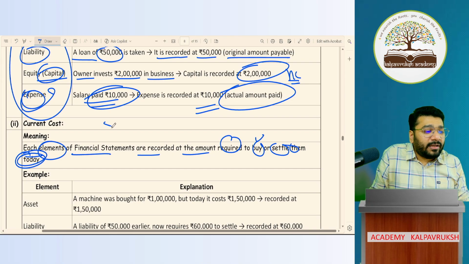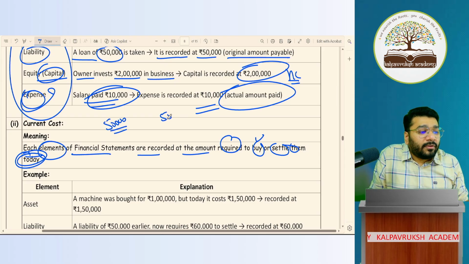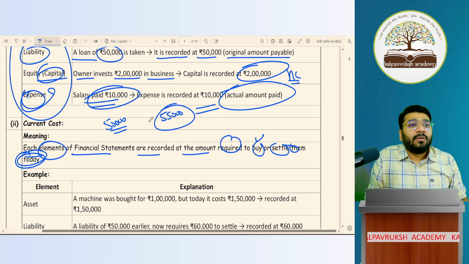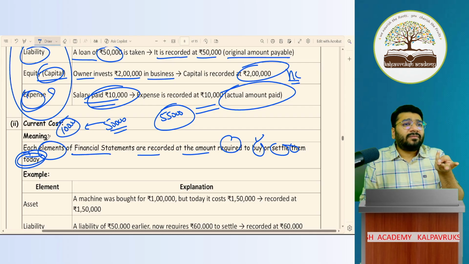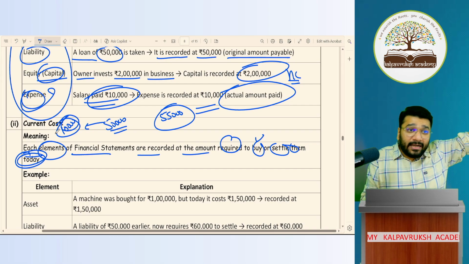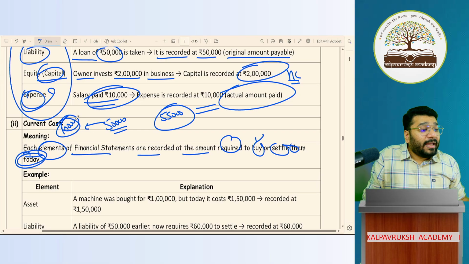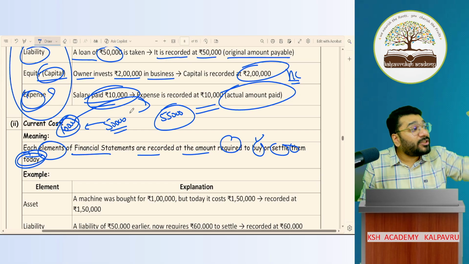Now I have a mobile. Before 3 years I got it for 50,000 rupees. Today the same mobile phone is 55,000. But what is the book value of this asset now? 10,000, because I've used it for 3 years. So what is my book value after depreciation? 10,000. Are you trying to tell me that since the current cost of the product is 55,000, can I go and increase it again? No, there's no logic to it. That's why AS10 has not considered